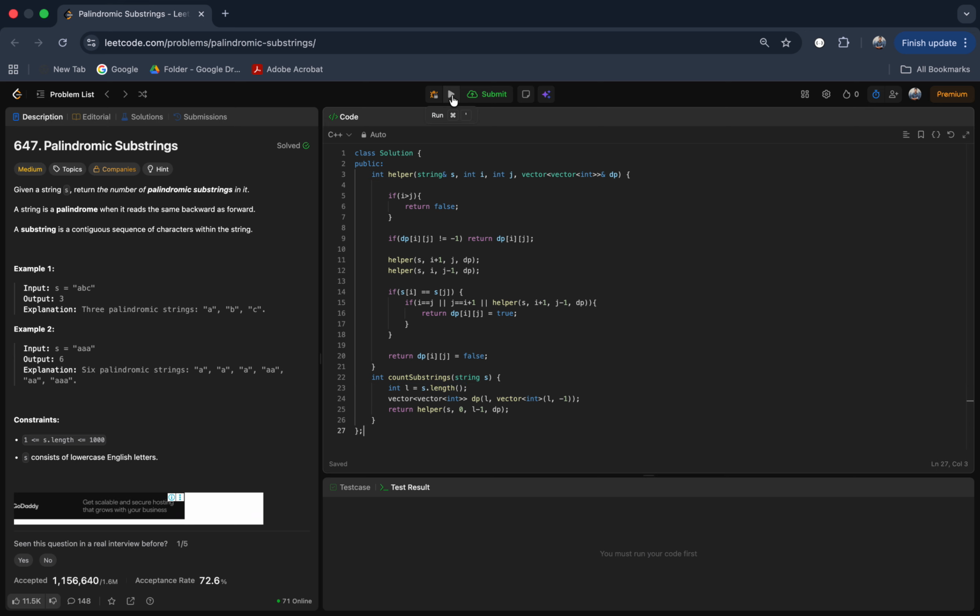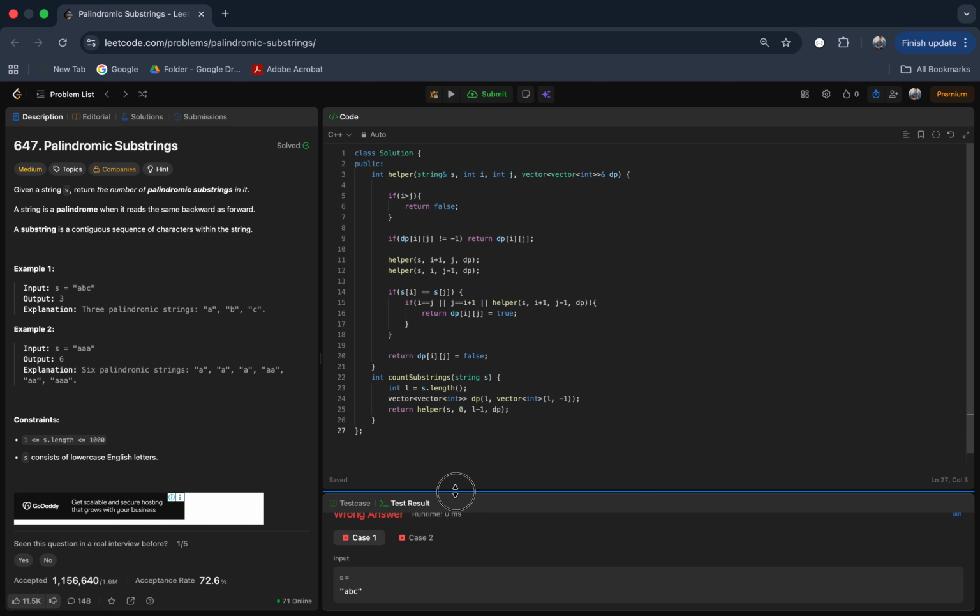Okay, everything seems proper. Let me run it and see if our answer is correct or not. Okay, we are getting it wrong. Yeah, we need to count the number of substrings which are palindromes, right? So how can we count it? Here I'm calculating all the substrings, and I'm also calculating which ones are palindromes. So whenever I get one palindrome,